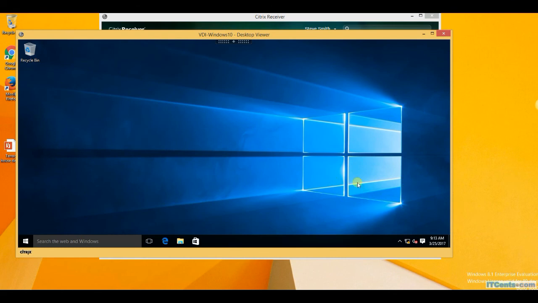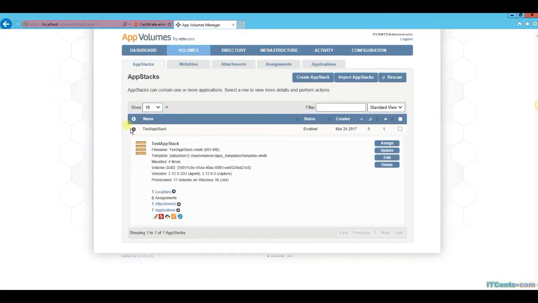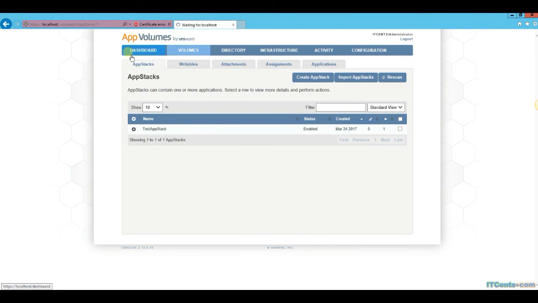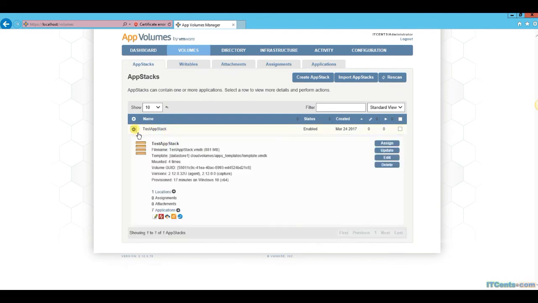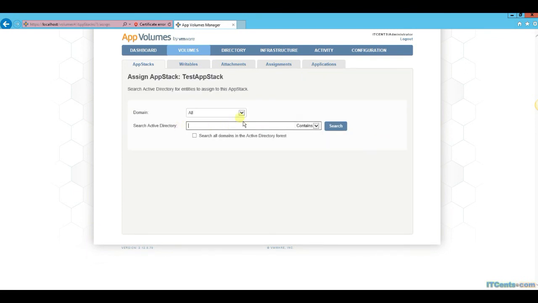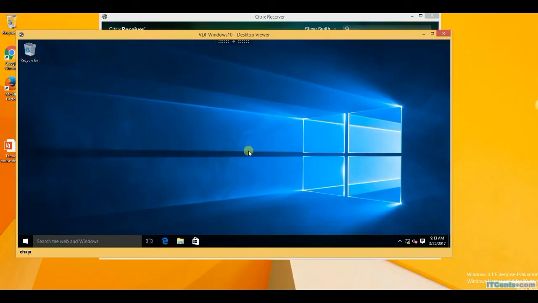So in order to test App Volumes, I'll go to App Volumes, and I will assign, we have one Appstack here. I will assign this Appstack to a user called Steven Smith, which is the user currently logged on over here. Let's say Steven Smith is working on his desktop, or let's say he logged into his VDI desktop and he urgently needs some applications. All he has to do is call the IT support or IT department and request those applications. So what we can do,